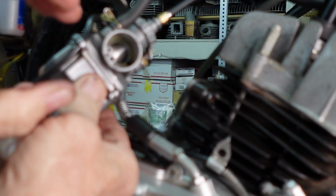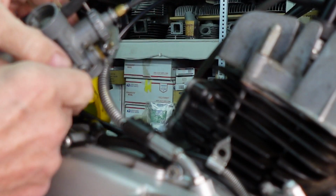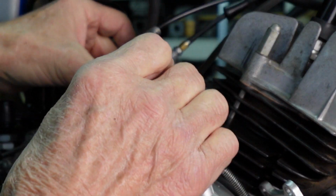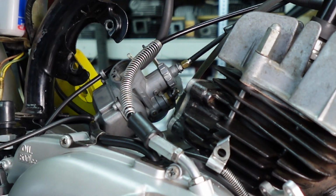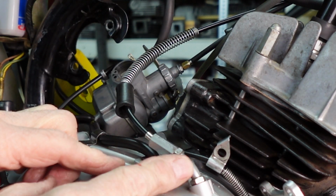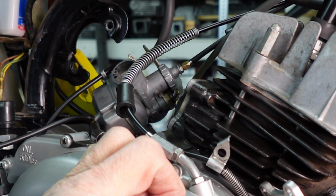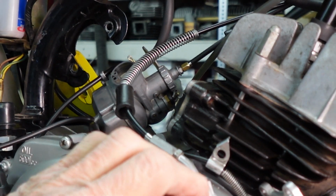Usually you can kind of feel that snap when it hits the bottom, and I've got the idle screw screwed out so I can feel that, so I know it's not hitting idle. So I think that's good. If it's not, we'll have to deal with it, but I think it's okay. And this one here is certainly down all the way, but we'll have to make that adjustment so that we get the pin up by the arrow